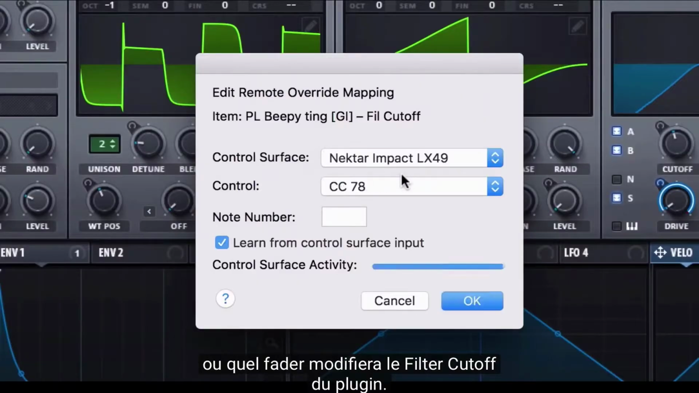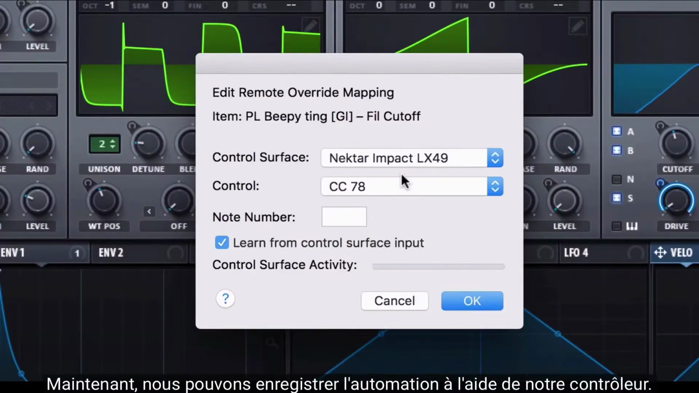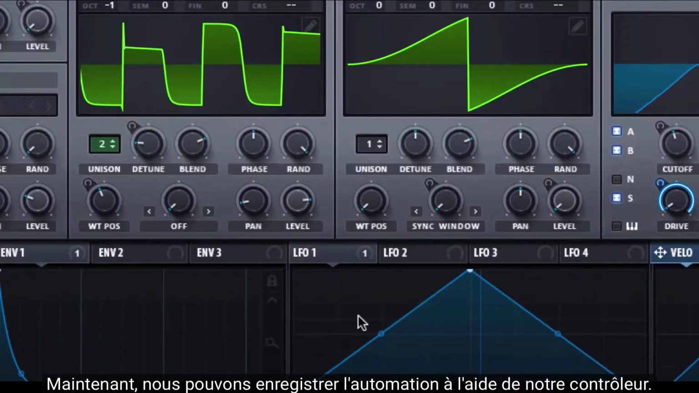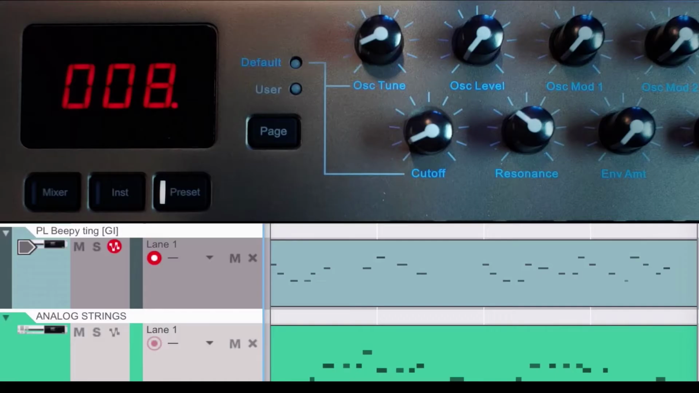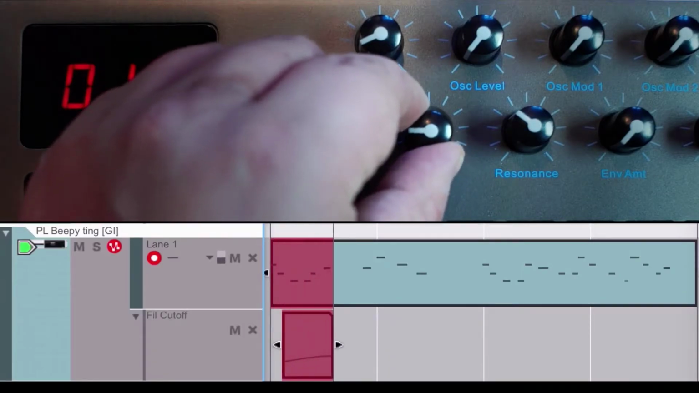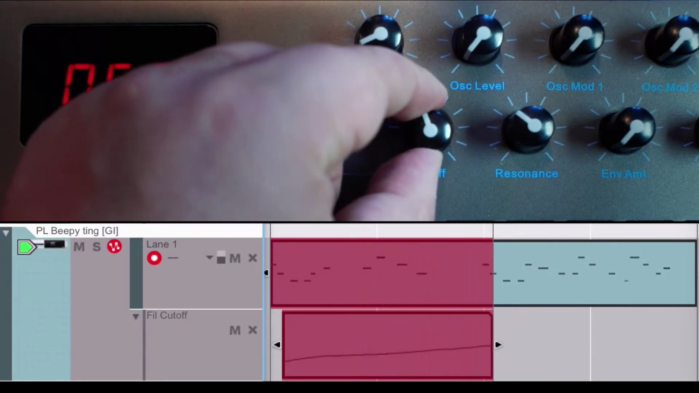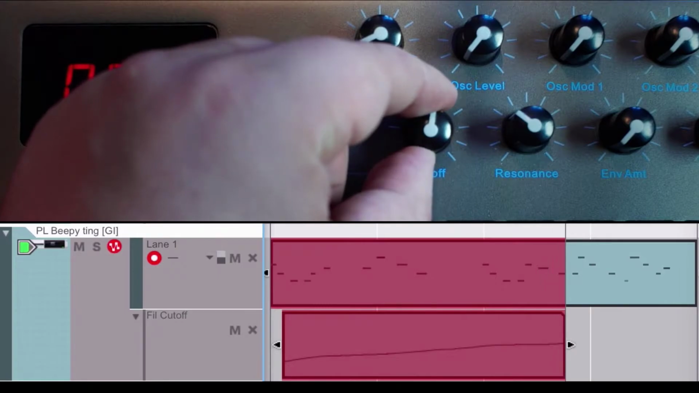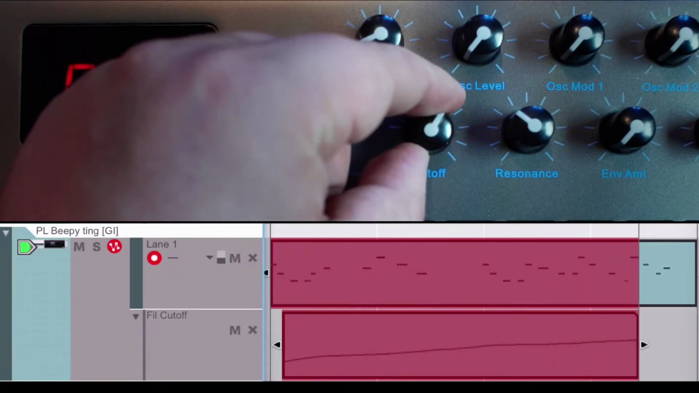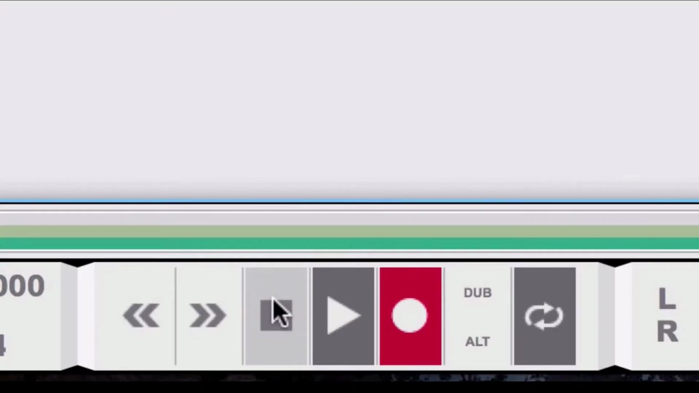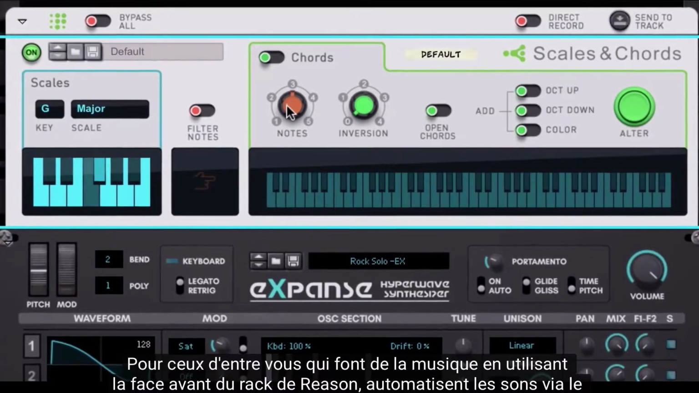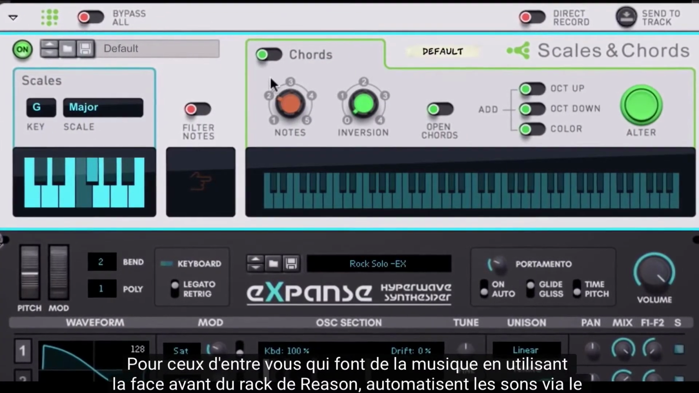To those of you who make music using the front of Reason's rack, automate sounds via the sequencer, and play instruments using controllers, congratulations! You've learned everything you need to learn about the plug-in rack device and using VSTs in Reason. Now, to those of you who like to dive deeper into Reason's advanced world of CV modular routing in the back of the rack, let's take a tour of how the plug-in rack device brings Reason's CV magic to